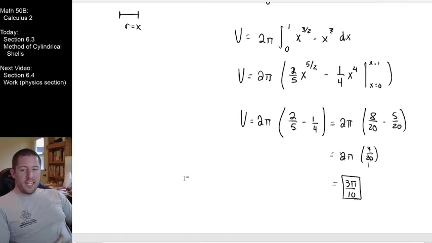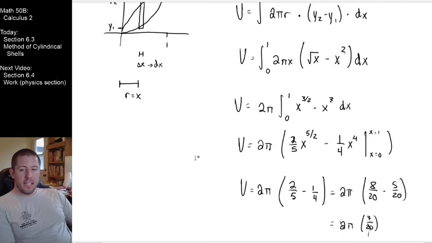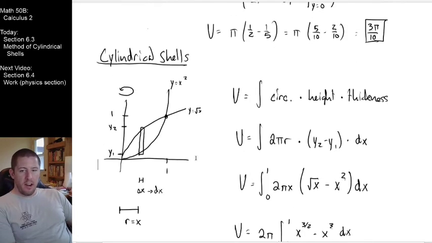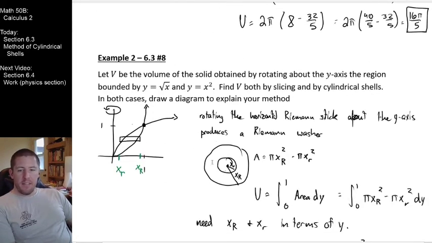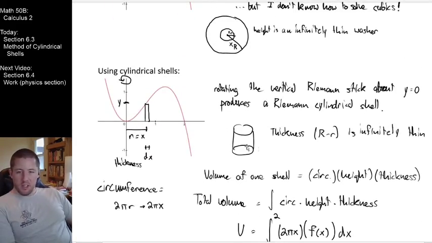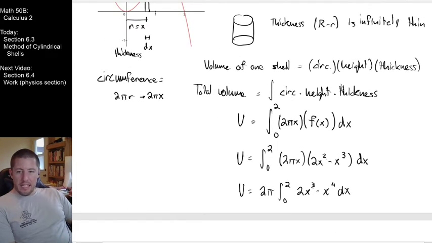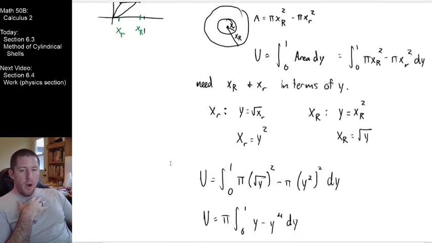And notice that all we did today was just talked about geometry. I don't really feel like we introduced any new calculus ideas today. The only thing that we said is if you need to add up area to get to volume, there's lots of ways to express area. Instead of expressing the area of an infinitely thin washer, we can talk about the area of an infinitely thin cylindrical shell. As long as you know that the volume of a cylinder is the circumference times the height times the thickness, that's all you need to know to extend your already existing integration knowledge to be able to use this technique right here. So I think that a thing that is like our big takeaway from the day here